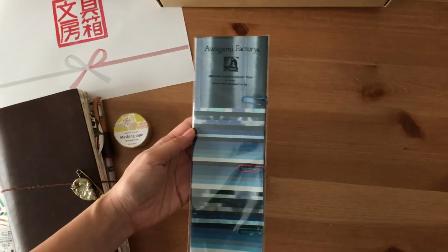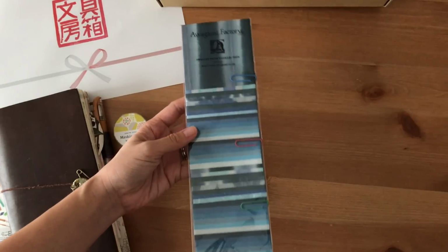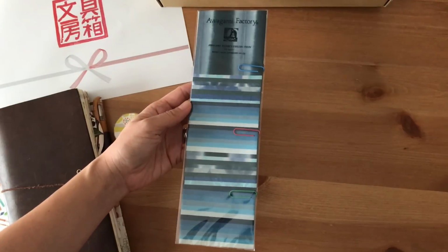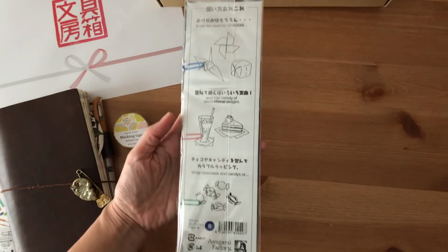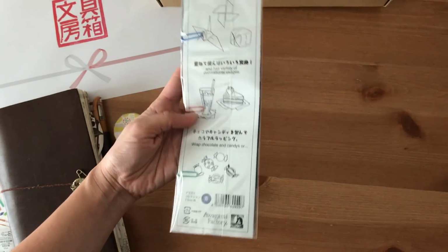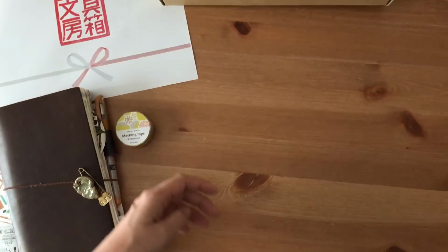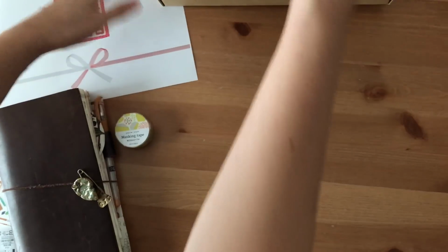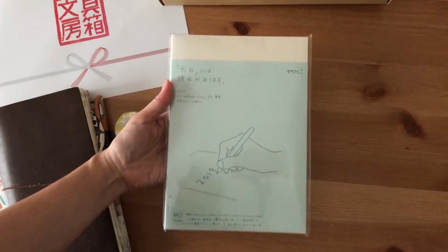And this is a beautiful, beautiful paper set from Awagami Factory, and I will be doing a small journal with me session at the end of this video, and I will go into more explanation, but I will actually open up the packaging and you'll see the various different papers in that package. And then we have the A5 Midori